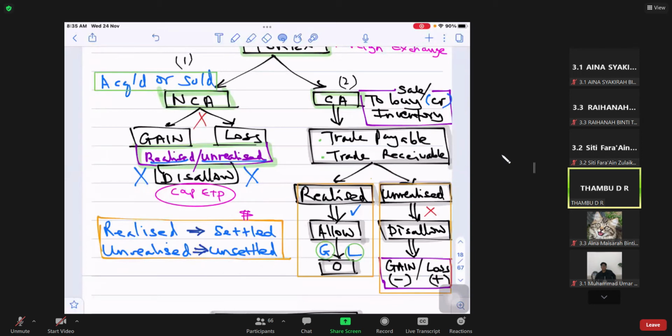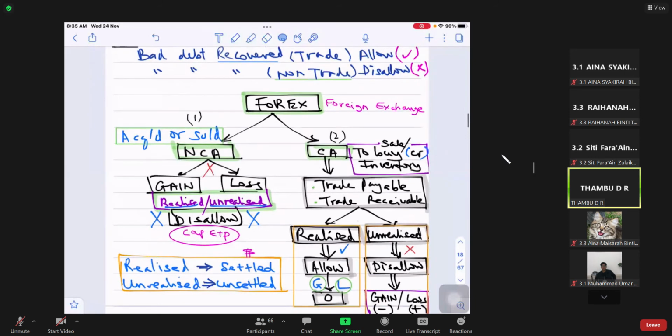That's it. Now, if I look at this side, Forex. What is Forex? Dealings with overseas. As a result, you didn't pay immediately and you paid later, or you collected the money later and you did not get the exact amount or paid the exact amount because of exchange rate movement. So, Forex relating to current asset, not non-current asset. Current asset deals with buying or selling inventory. Inventory is stock, a business item, a trading item. If there is a forex profit or loss relating to stock,